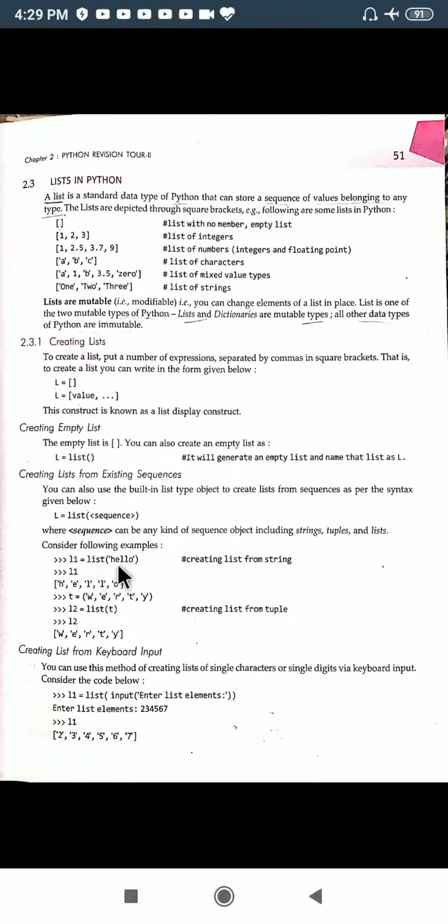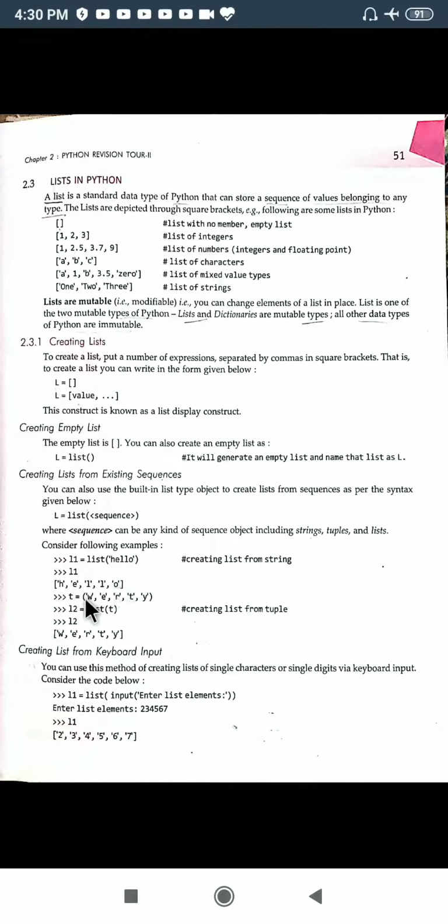See, directly here we are creating a list inside which we are passing the string. Hello is a string. So we are interested in converting this data into a list format. By writing this instruction, we will get output like this. See, this is indicating it is a list. I told you square brackets always indicate lists. Whatever data you are providing in the form of a string here will be written as single alphabets like this in a list format.